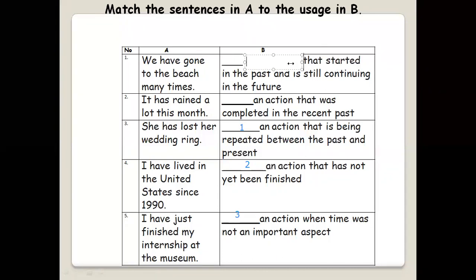So I have lived in USA or United States. It's an action that started in the past and is still continuing in the future. Now, number 5, I have just finished my internship at the museum, which means that I'm talking about here just, and just it's a recent action. So number 5 for this usage,